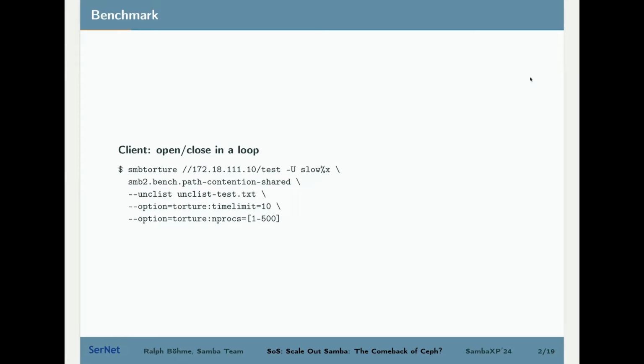that I was using and I will be using here today also. What I'm really doing here is hammering the Samba server via the SMB protocol, just opening and closing the same file in a loop from a configurable amount of clients. The option name, procs, is a bit misleading.